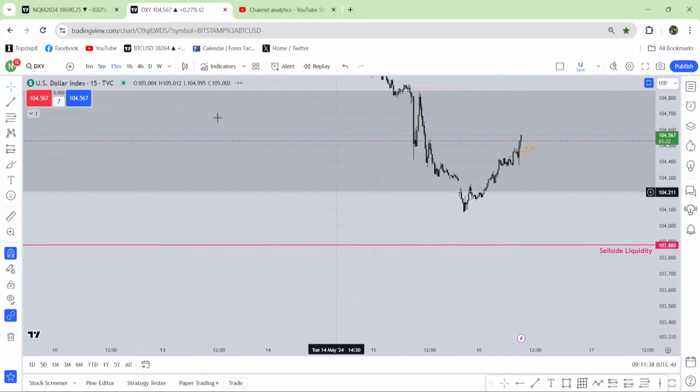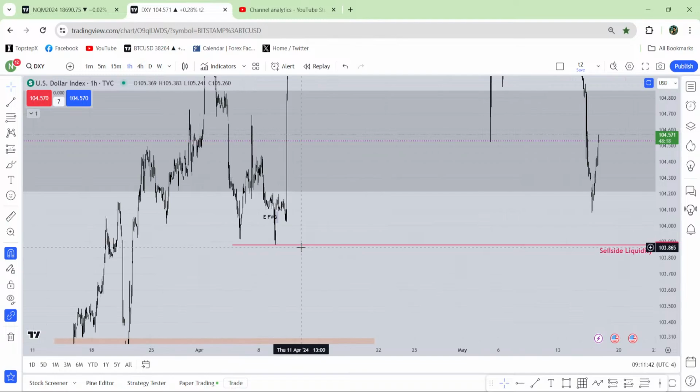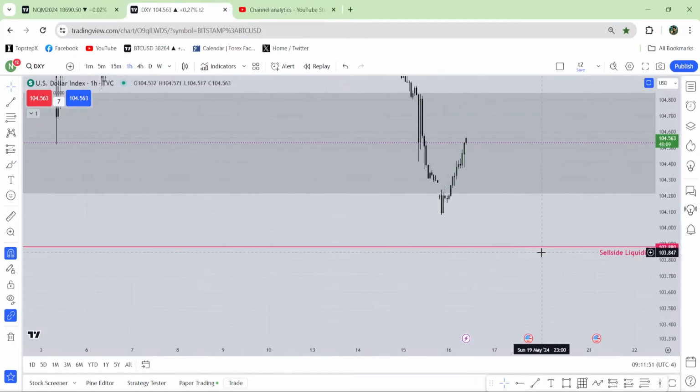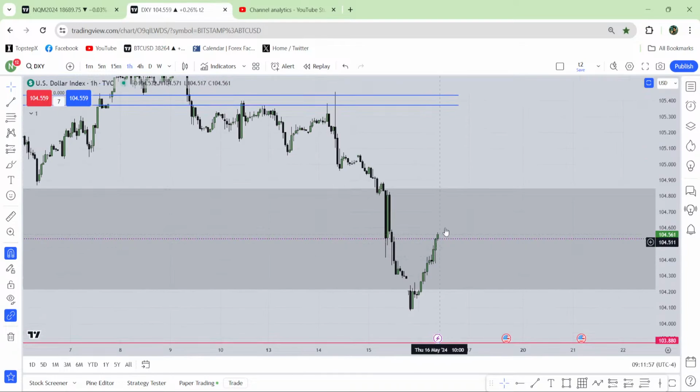So see this sell side liquidity. Let me mark it from our list. This is the relatively equal lows, the obvious sell side liquidity over here. So I'm expecting that market will go for that sell side liquidity and it will be taken today. So far it's extremely bullish and everyone will start to think, okay, now the dollar index is going higher, but